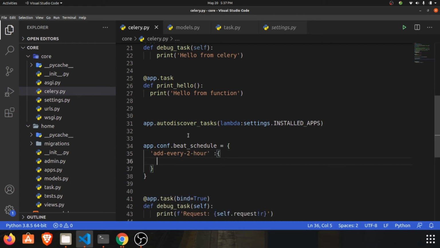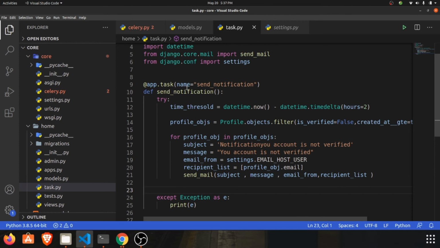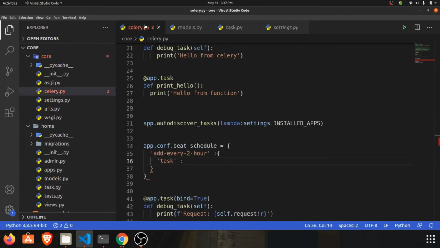If you have checked my previous video, you can do this by using Django celery beat in the admin section, but I am doing it right over here because I need to tell all the methods through which you can create the tasks. So the task name is, we need to grab the task name, send notification.